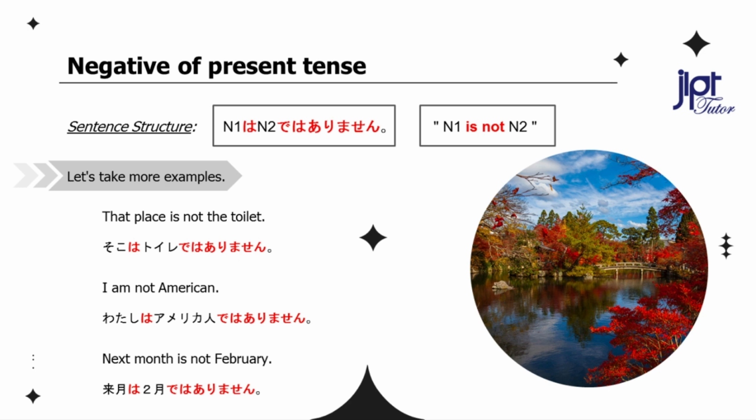That place is not the toilet. そこはトイレではありません。 I am not American. 私はアメリカ人ではありません。 Next month is not February. 来月は2月ではありません。